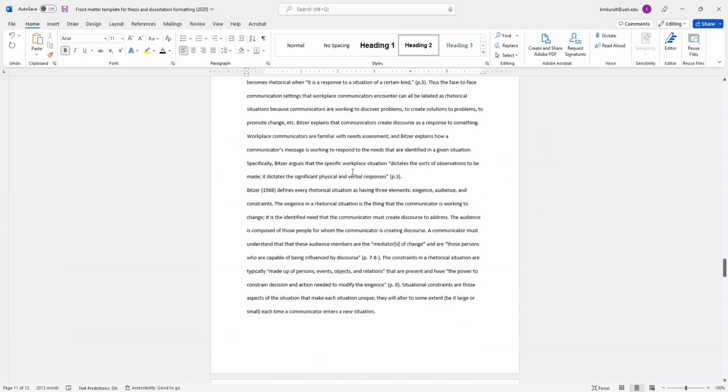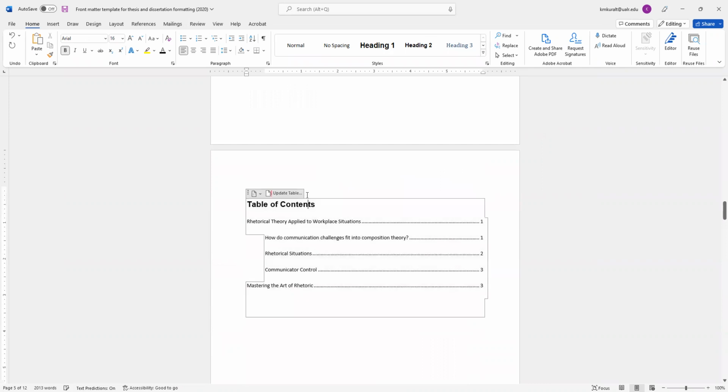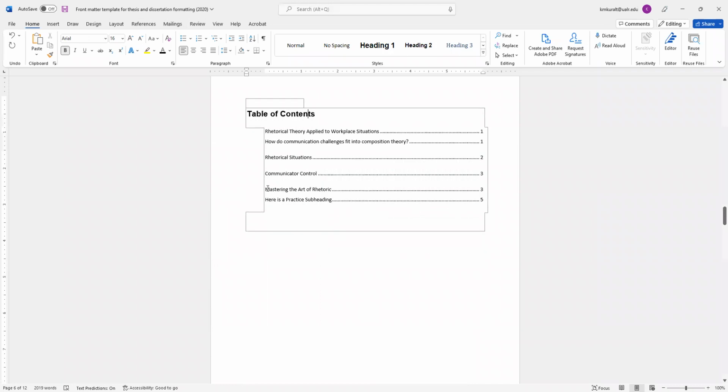And now I come back up to my table of contents. So it knows when you put in another section of the document, and you can update it over and over again.